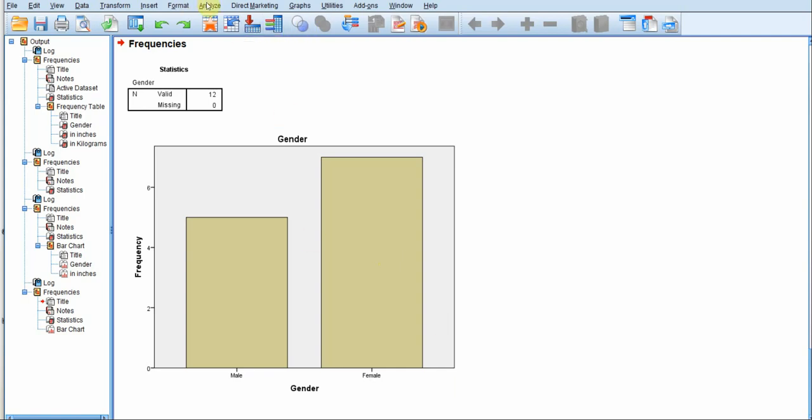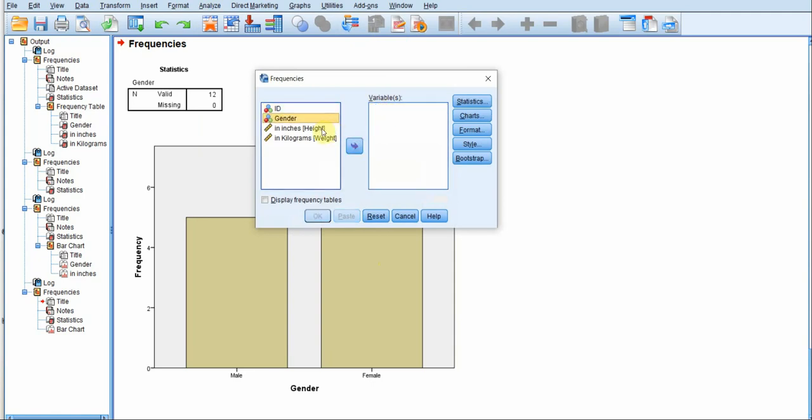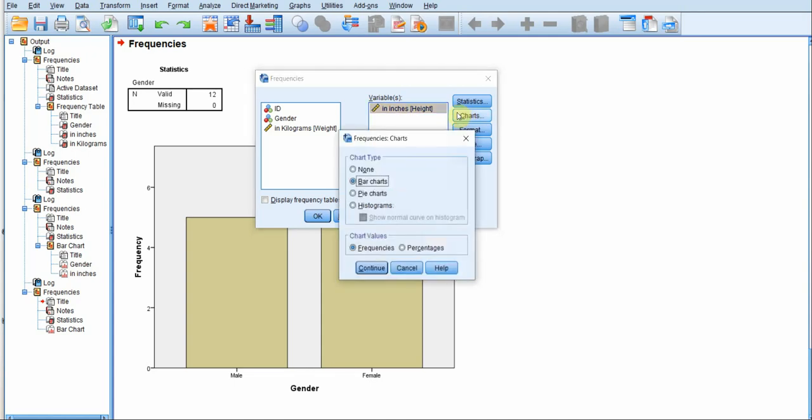Now for the scale, if you have a measure on scale, then frequencies, now we'll remove this and click height. For weight also it will be the same thing, so you can all try out with weight what kind of chart you get. I'm just going to do it for height. So here when we click charts, since the height has the measure of scale, that is either interval data or ratio data, and it is continuous data, we cannot use bar charts.